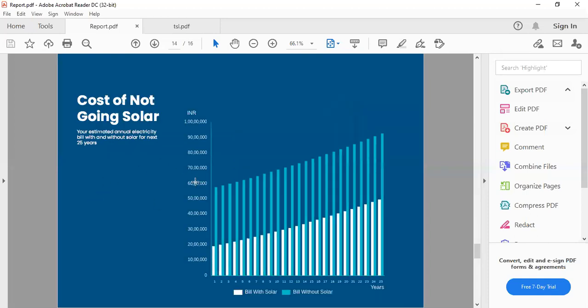Then we have an interesting feature, the cost of not going solar. That means there are two bars for a particular year. For the next 25 years, you can see this data. This white bar is the amount of money your customer will be paying to the electricity company if he goes with this solar plant. Then this blue one is the amount of money he'll be paying if he doesn't go